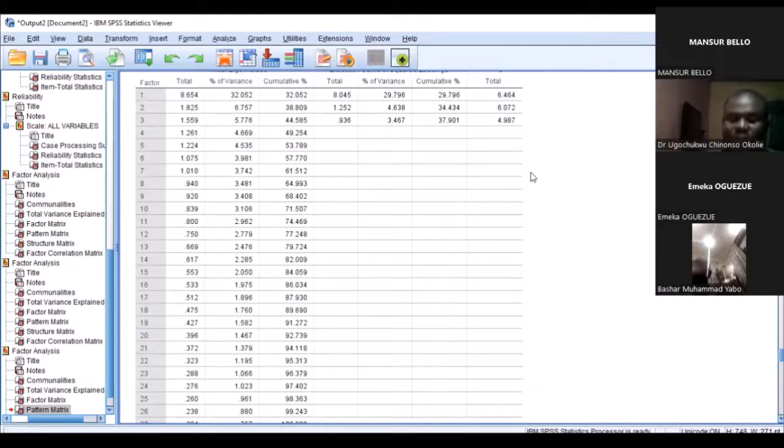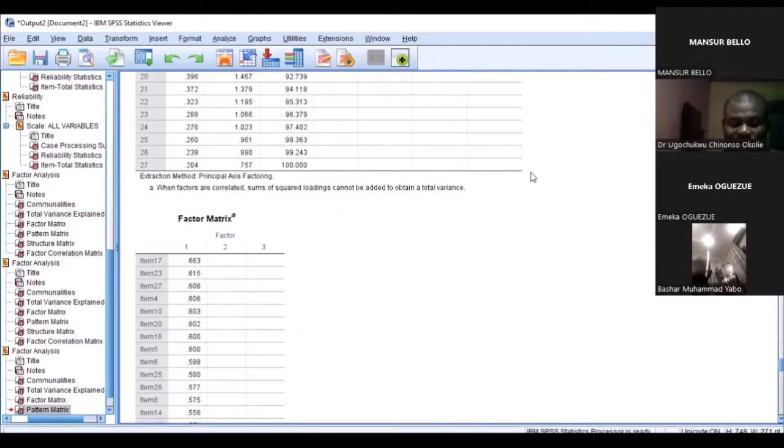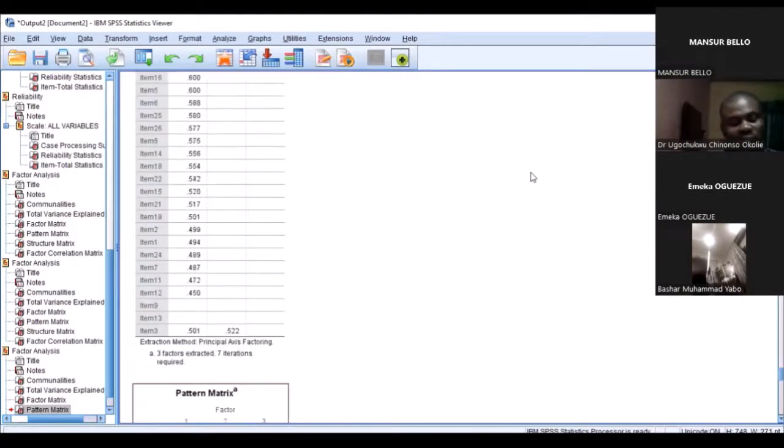Those experts are econometricians, language experts, and the field experts. What I'm trying to say here is that these experts, regardless of what you have done earlier in confirming your factors that you are going to use in the instrument, will you go ahead with the expert validation